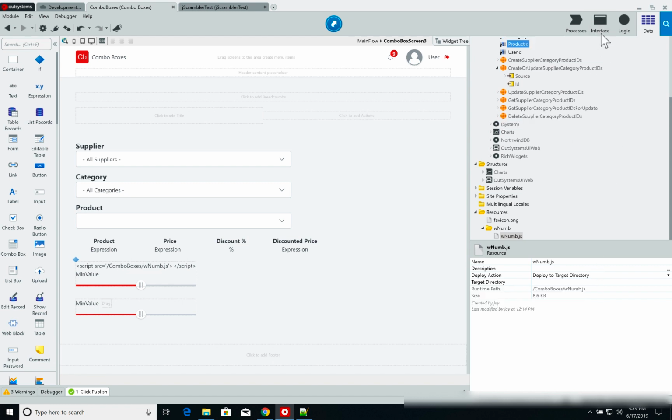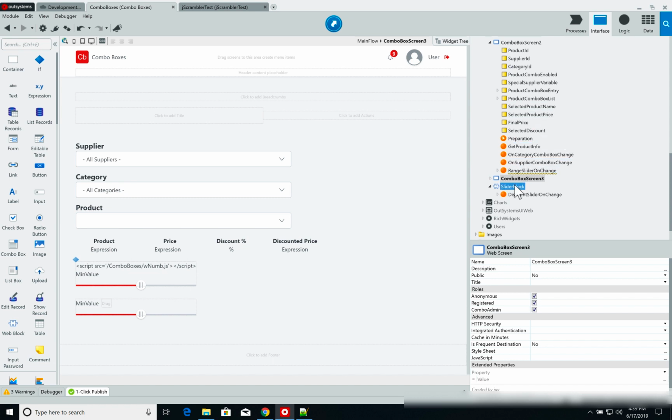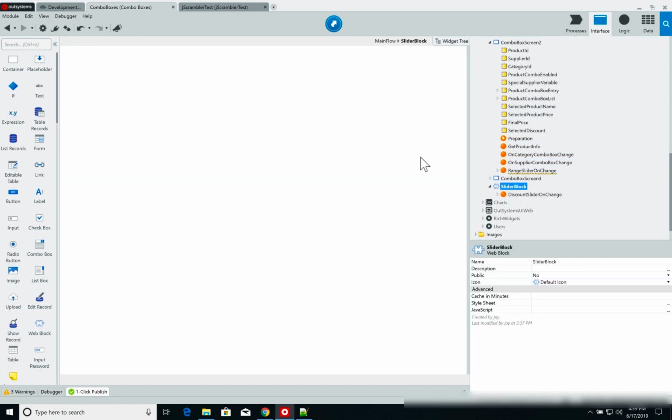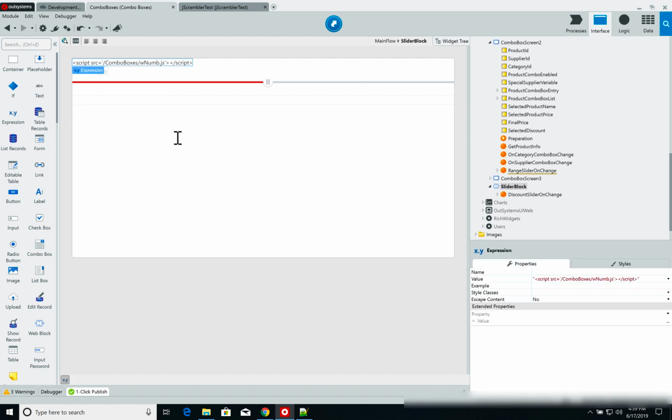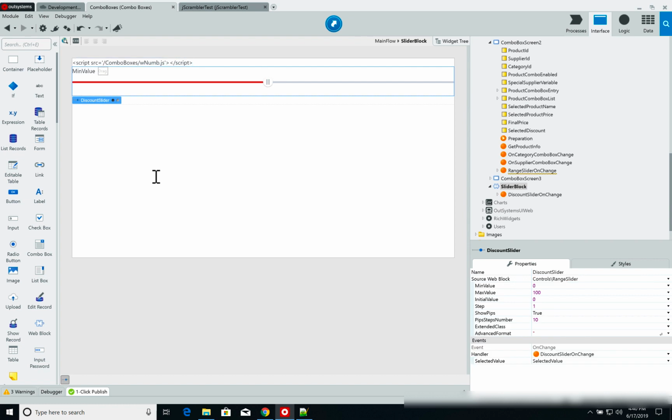Then, back on the page, I am using a web block, and this web block is very simple, very straightforward. All you have is an expression with the HTML code that adds the wNumb.js file to my page. And I also have the slider widget, and